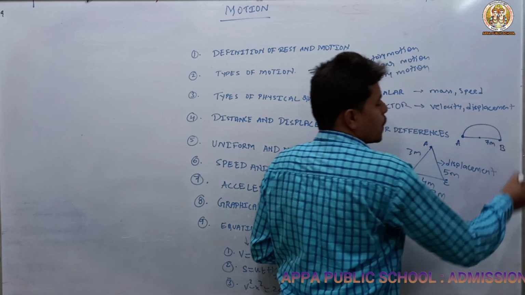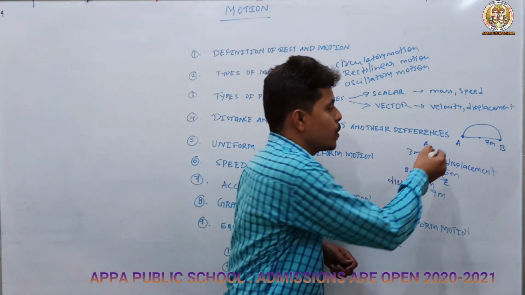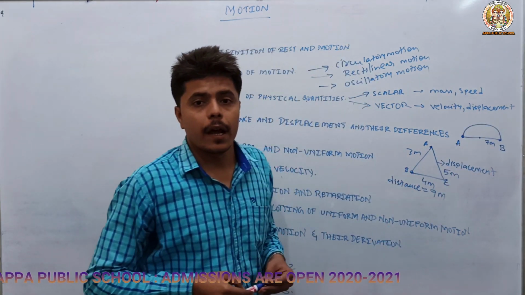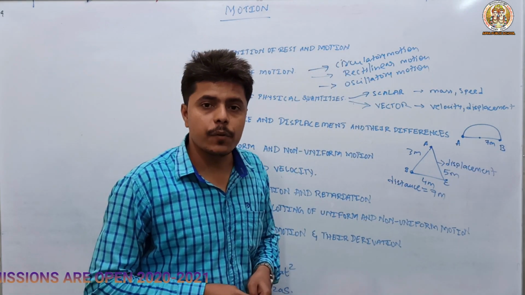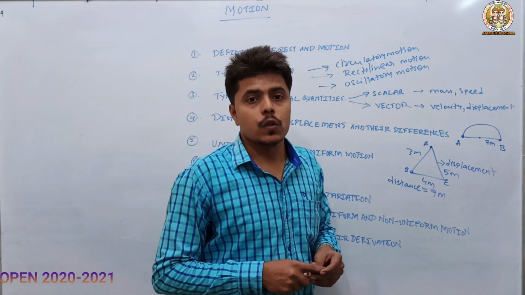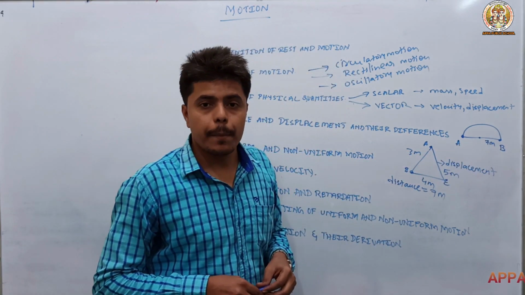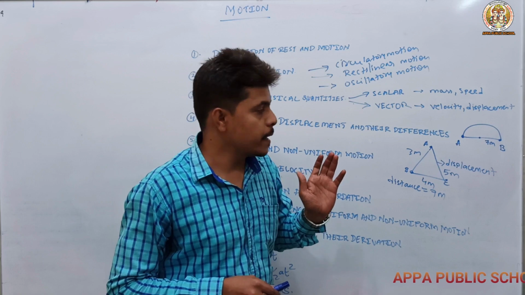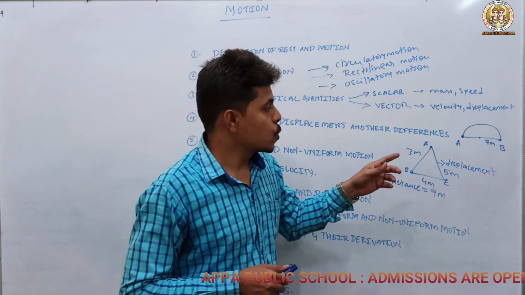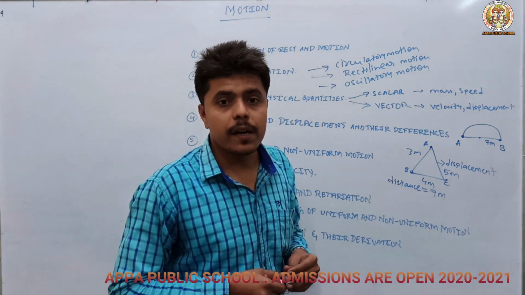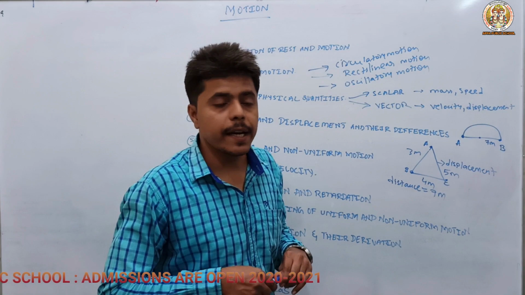So this is one half circle. A person started to travel from A to B and the radius is given as 7 meter. So you can see here A to B is nothing but 7 meter. We can see here the half of the semicircle, and the radius is given as 7 meter. So here the distance traveled is nothing but from A to B, and we are going to calculate it by